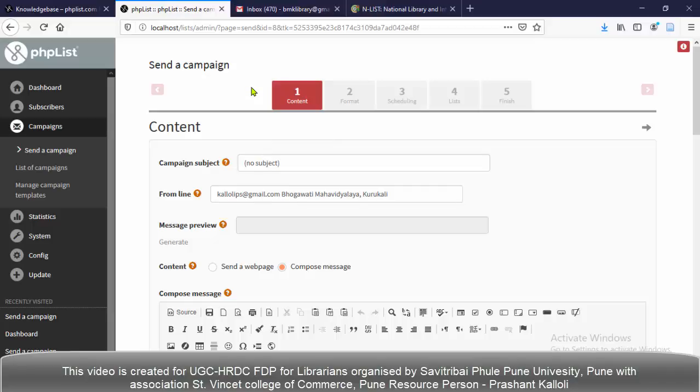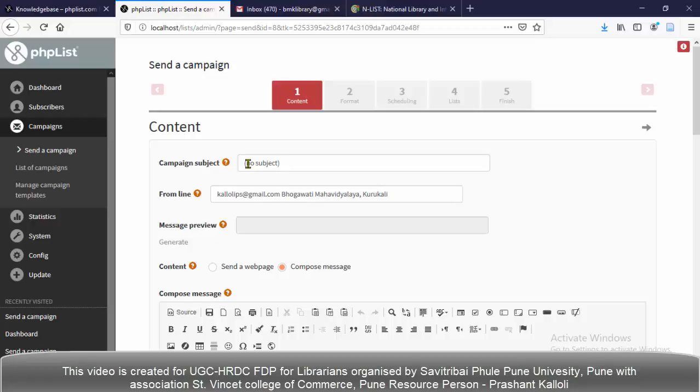Actually, first of all, we have to fill the first tab, which is the content. Here in tab 1, the first option is the campaign subject. We have to fill in the campaign subject name, meaning the title of the campaign, the title or subject of the mail.